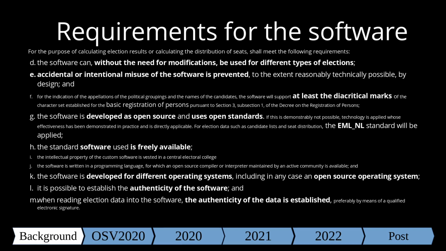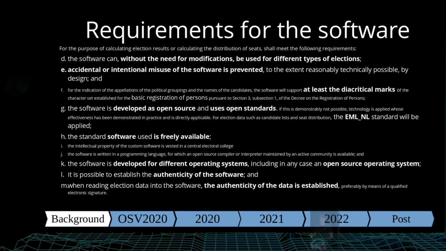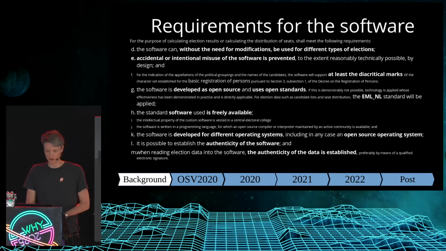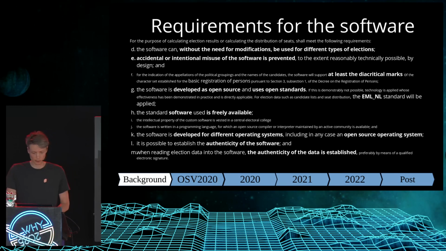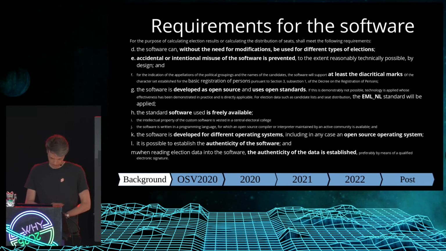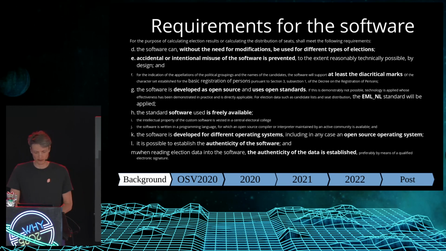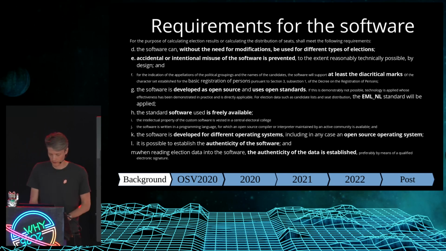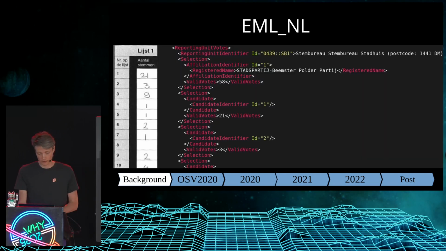And it stated quite some legal requirements for the software. It should work for every election. Accidental or intentional misuse should be prevented. It should be open source, open standards. Should work on multiple operating systems, including an open source operating system. The authenticity of the software and data should be checked. Really nice requirements. And because of the open standards, it also uses EML, election markup language, which is an international